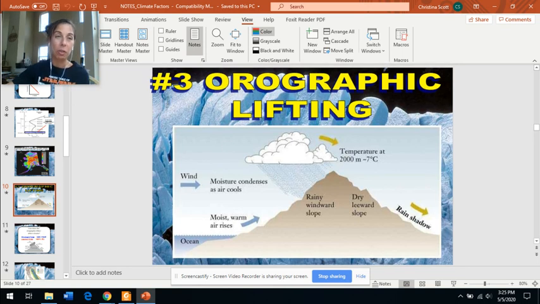Orographic lifting. Okay, so this is going to affect an area's climate. Depending on which side of the mountain you live on, your climate will differ. A great example is Colorado. You have the west side of the Rocky Mountains compared to the east side of those mountains. And Denver, Colorado actually gets just as many sunny days as Los Angeles. And that is because there is not a lot of moisture and they are hidden from the effects of the clouds.